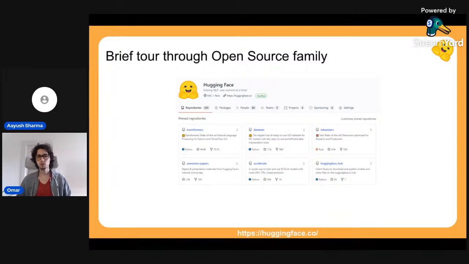Today, we'll take a look exclusively at the open source ecosystem at Hugging Face. We share all of our repos, our open source libraries, in GitHub. These are our coding libraries. And here you can see a couple of them. You can see transformers, datasets, accelerate, Hugging Face Hub. Across these libraries, we have over 1,000 contributors. We have 60,000 stars. So these are very well validated libraries in the sense that the open source ecosystem has proven that they were interested in these applications.